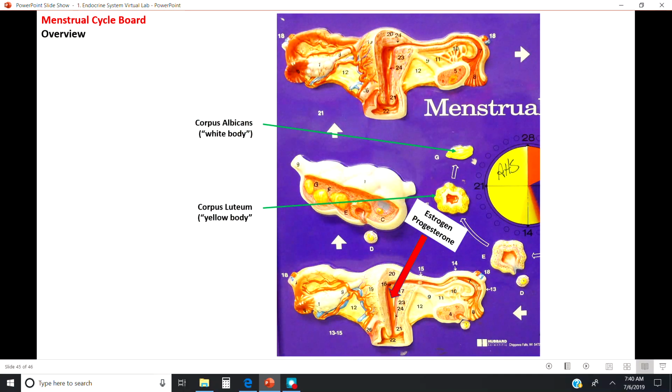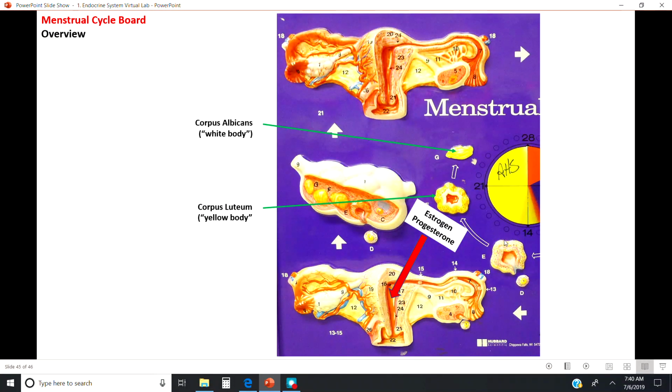Now, we have a couple different possibilities here. Either conception can take place or conception will not take place. Let's do the first scenario, that conception does take place. So what's going to happen here, guys? This time I just took a picture of the left side of the board. We have the corpus hemorrhagicum, which is the result of ovulation, I should say. So as we now go from day 14 into the third week this way,